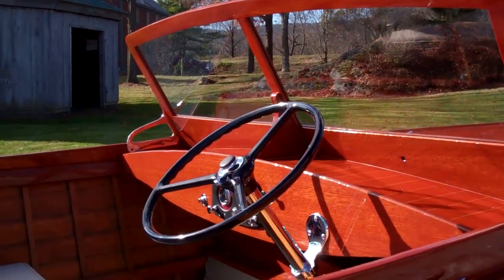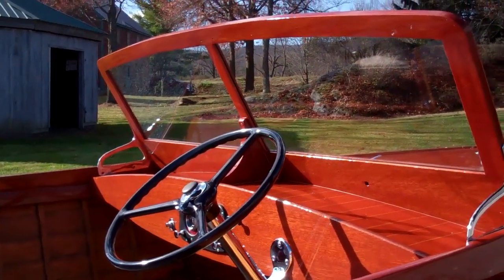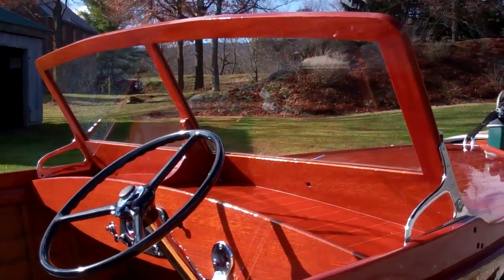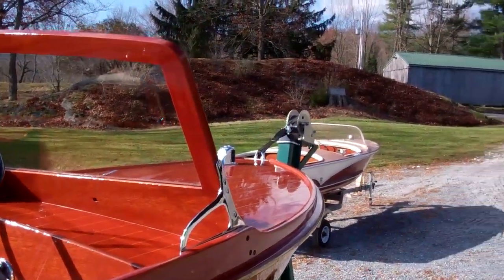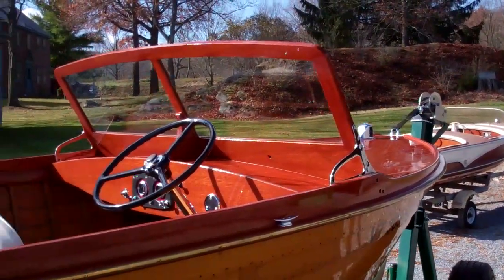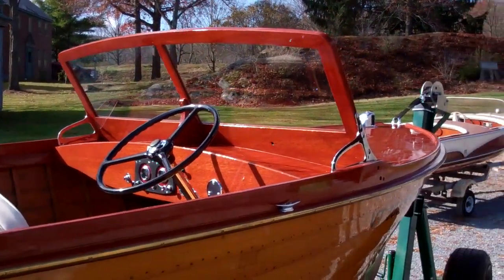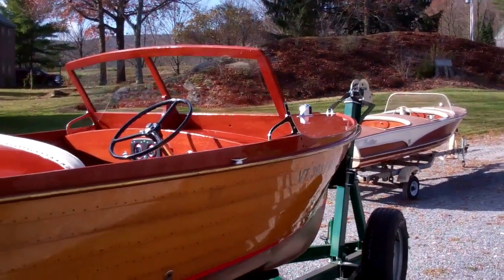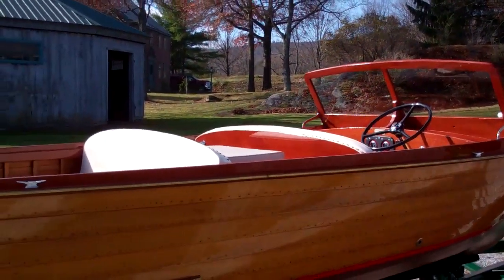to do a sea trial on her engine, which was totally rebuilt by Robert Henkel, Chris-Craft-Parts.com in Marine City, Michigan. So with that, we will park her in the storage facility, cover her with a protective dust cover for the winter, and as soon as we get an opportunity, she will be on the water next spring. She will ride